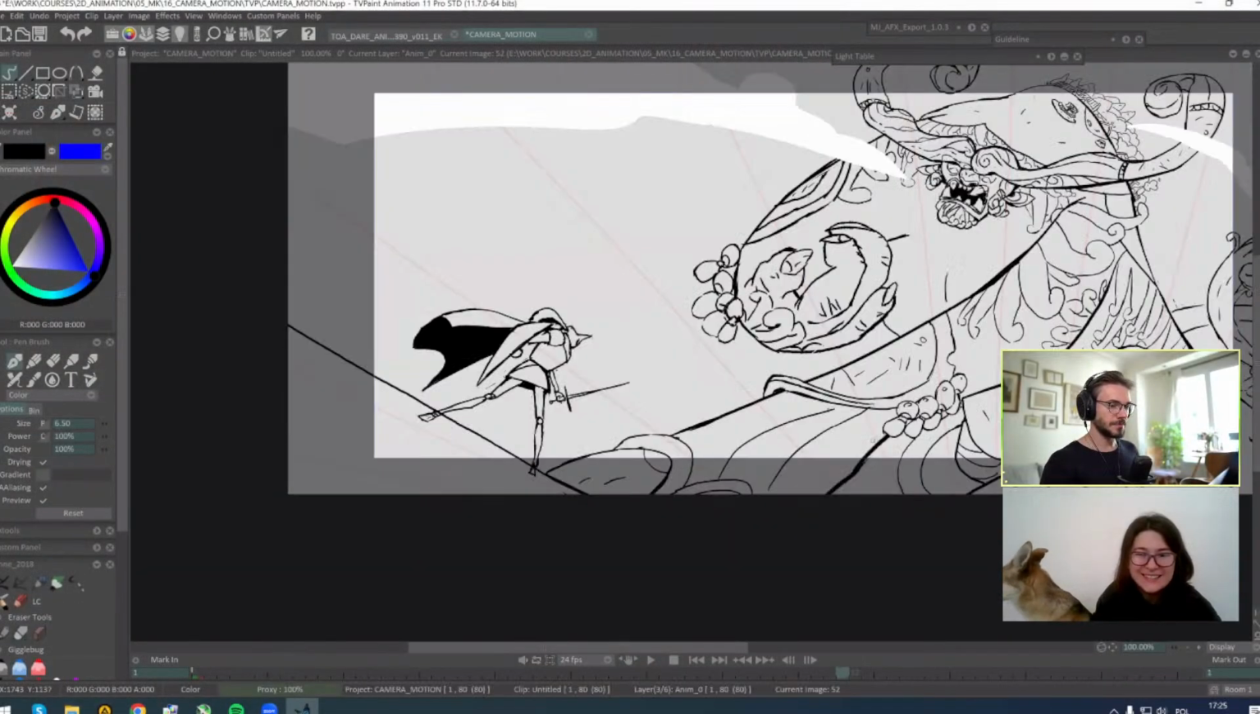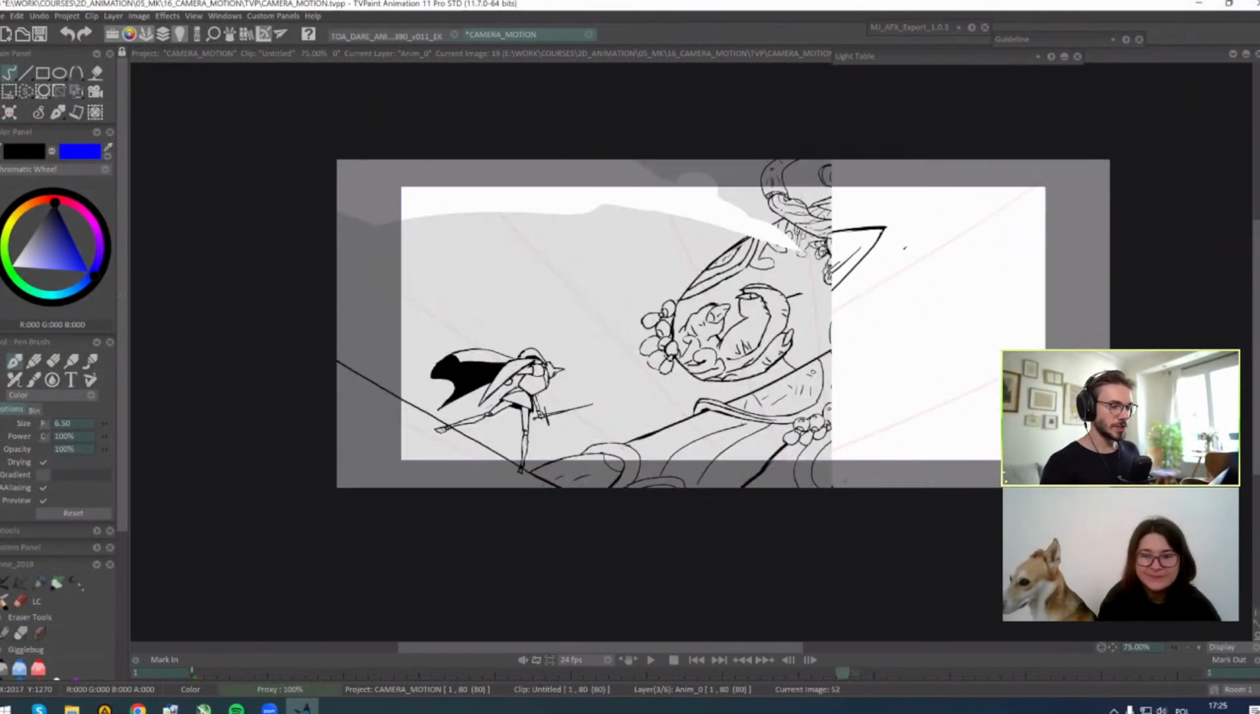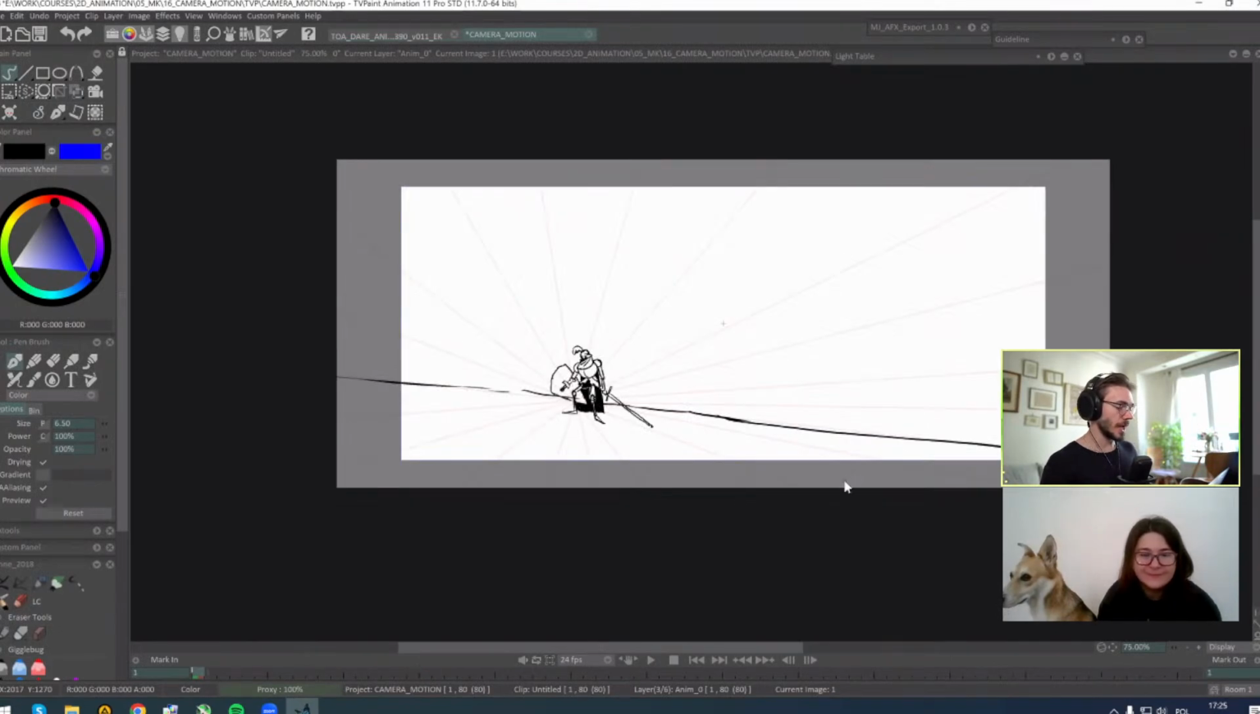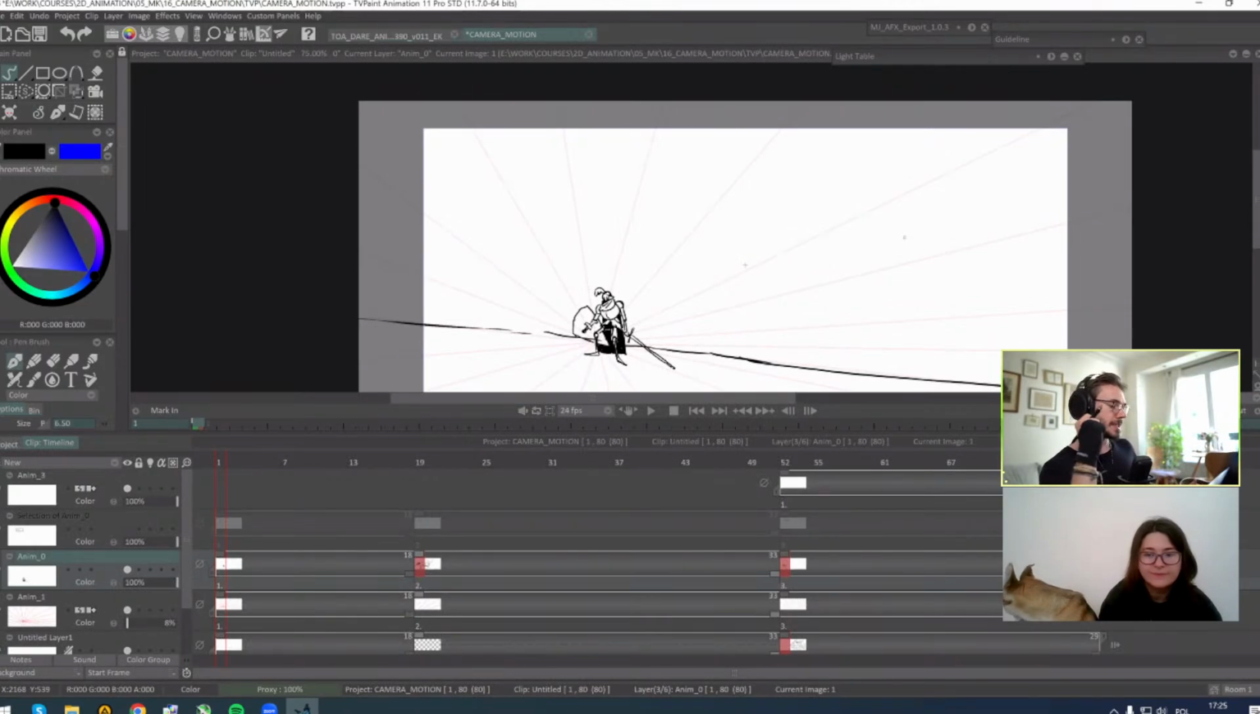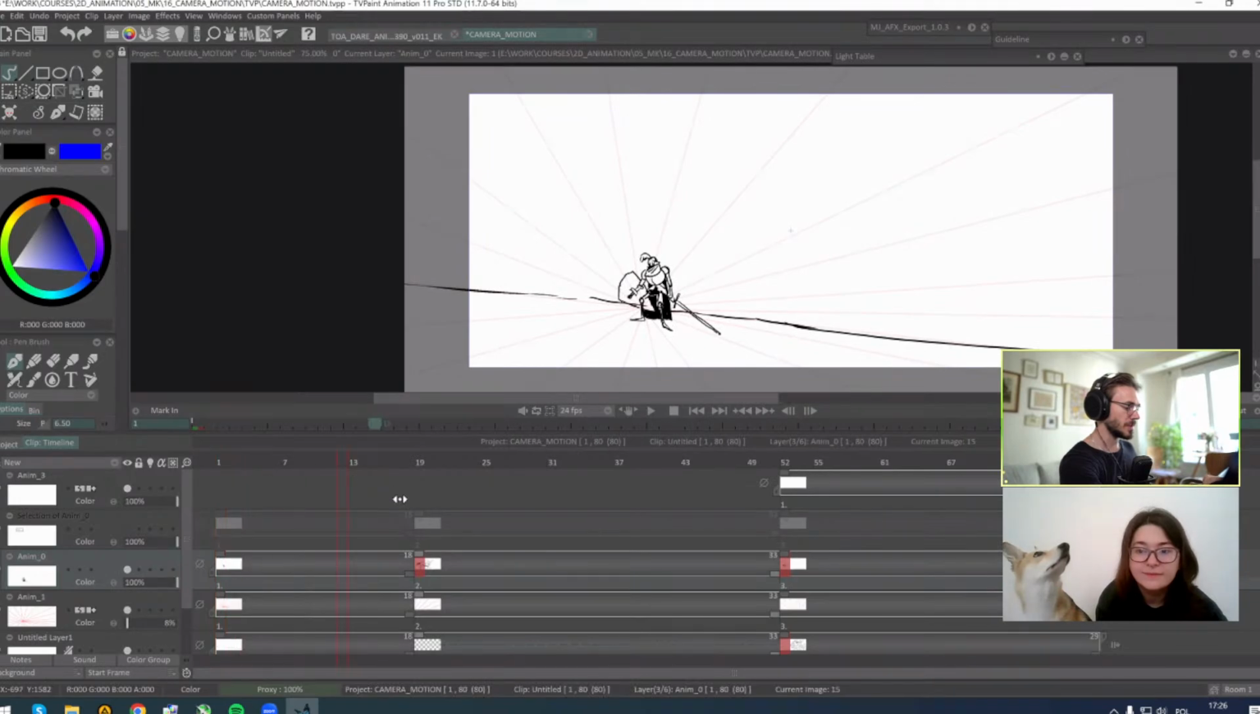Okay, so I have these 3 drawings. Now I want to add some motion to them. My idea is that the ground starts shaking, it's going to be an earthquake, and from the ground a huge giant frost giant appears. So in the beginning, we're going to add